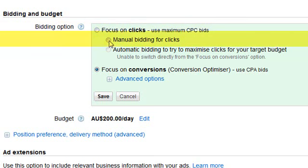However, most of us also use the manual bidding for clicks, right? The trouble with that is that you basically tell Google, here's how much I'm willing to pay per click. And if you don't care that a click arrives on your site, and most of us don't, at the end of the day, what we would really like to be able to do is to sell more of our stuff, right? We don't care that more people visit our page, unless it is some sort of a branding campaign. So we shouldn't need to decide the cost of the bid. Manual bidding is actually a pretty bad idea in most cases, unless you want to have that kind of control